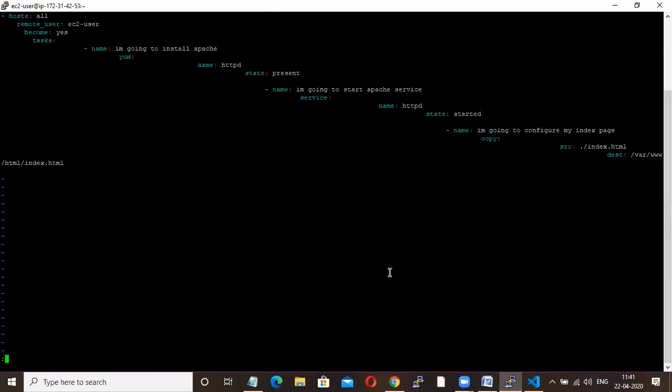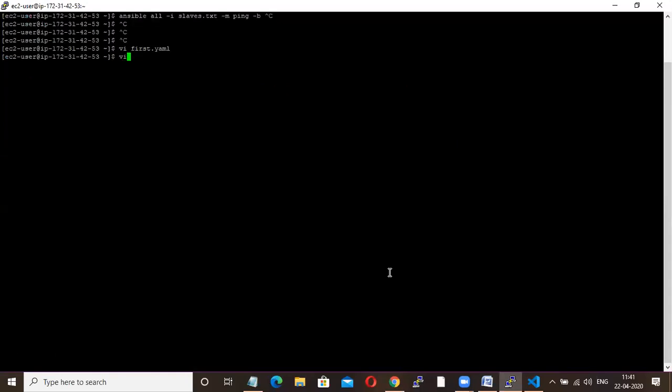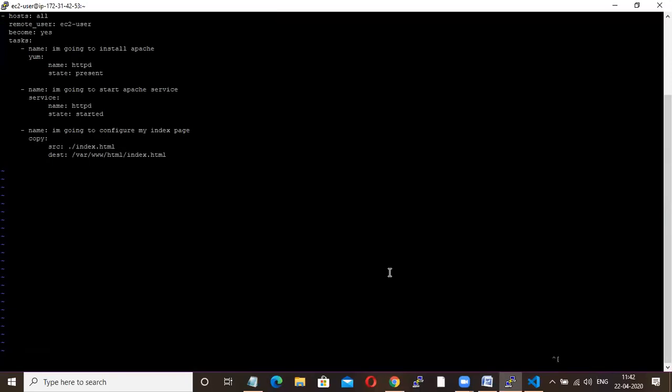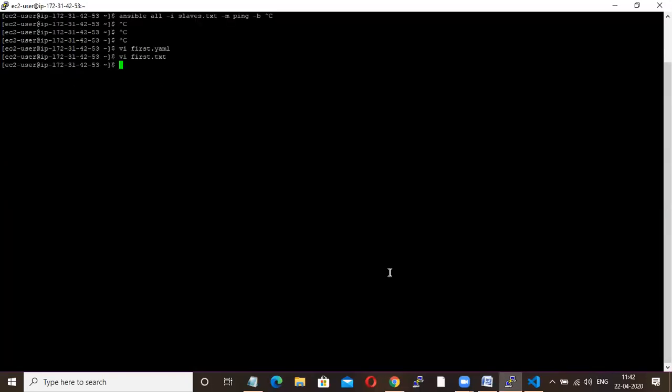To avoid this, I'm going to create a text file first. Okay, I have created a text file. Then I'm going to rename it. mv is rename. I'm renaming my text file to a YAML file, because Ansible will accept only YAML format.